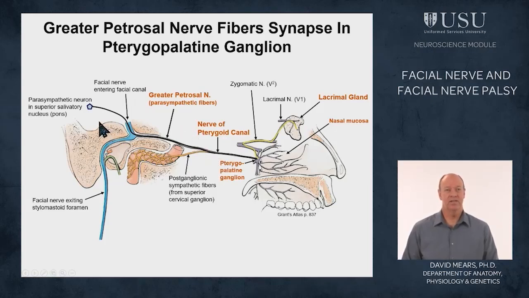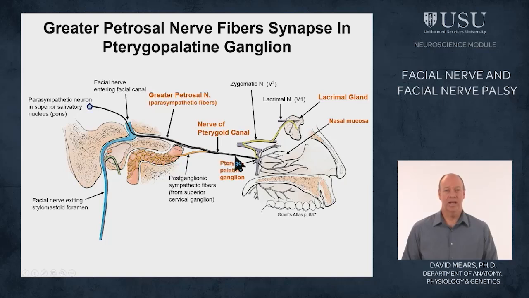So the idea here is you have these parasympathetic fibers that are coming out of the brainstem and they're coursing with the facial nerve, and some of these fibers are going to go off with the greater petrosal nerve, course down to the foramen lacerum, and that's where the nerve is going to get met by some sympathetic fibers that came up from the neck, from the superior cervical ganglion. You don't need to worry about those too much, but at this point the nerve is going to be called the nerve of the pterygoid canal,